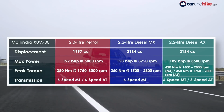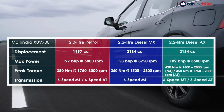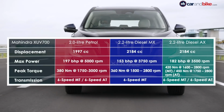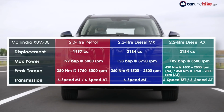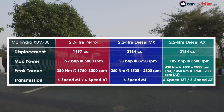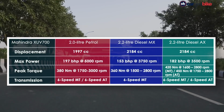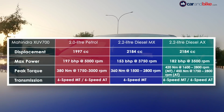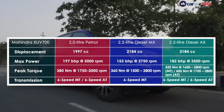In the AX, the manual trim churns out 182 bhp at 3500 rpm and 420 Nm at 1600 to 2800 rpm. This torque output goes up to 450 Nm from 1750 to 2800 rpm when it's mated to the 6-speed auto gearbox. But we've got the 2-litre 4-cylinder turbo petrol with us, which has been quite in demand. It belts out 197 brake horsepower at 5000 rpm and 380 Nm from 1750 to 3000 rpm across variants